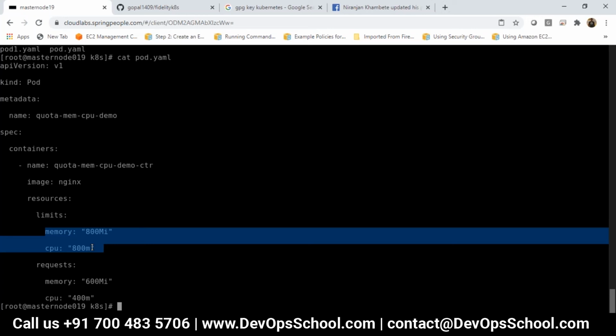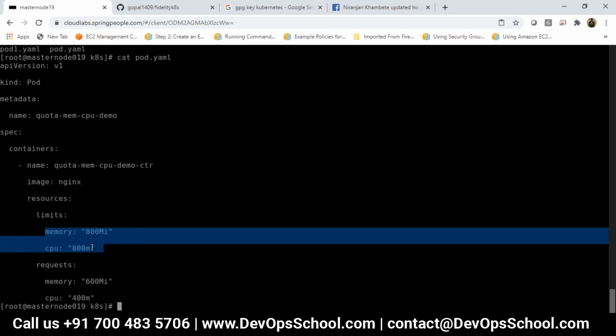So in this case, you will not be able to create another container in that pod, right? Because you got only 800 MB and already you have a container using 600 MB, right? If you are creating again, then the request would be around another 200 MB or something like that, right? Yes, we have to manage accordingly.